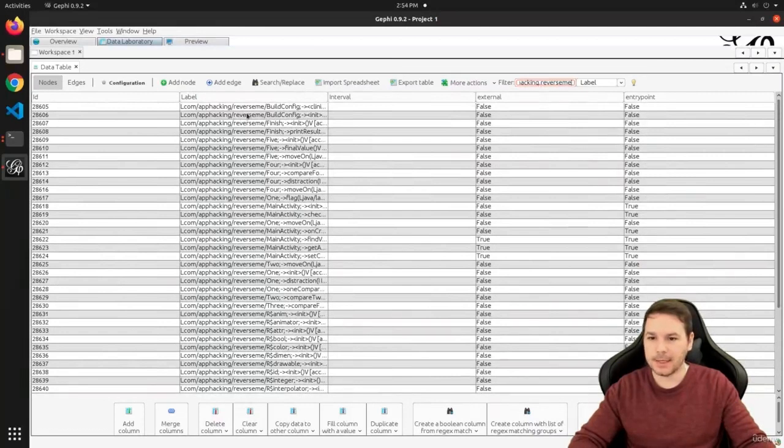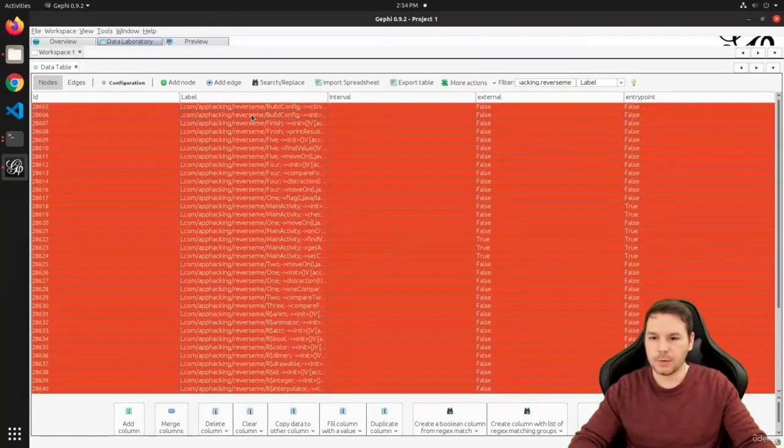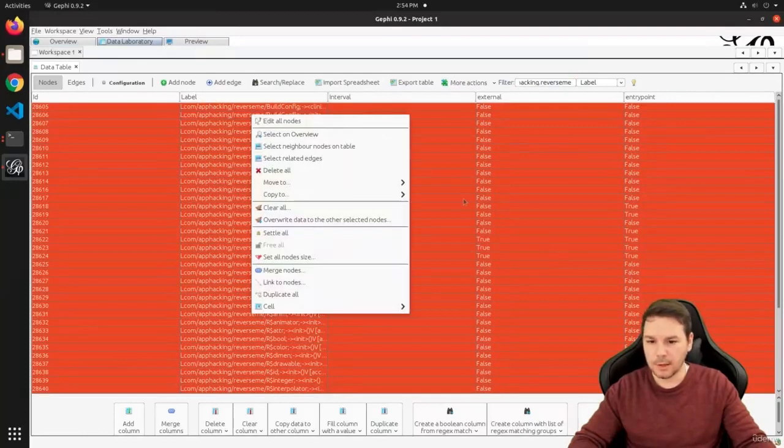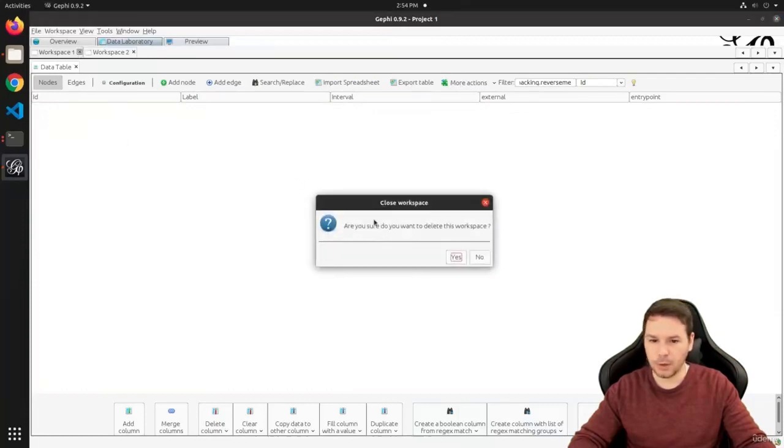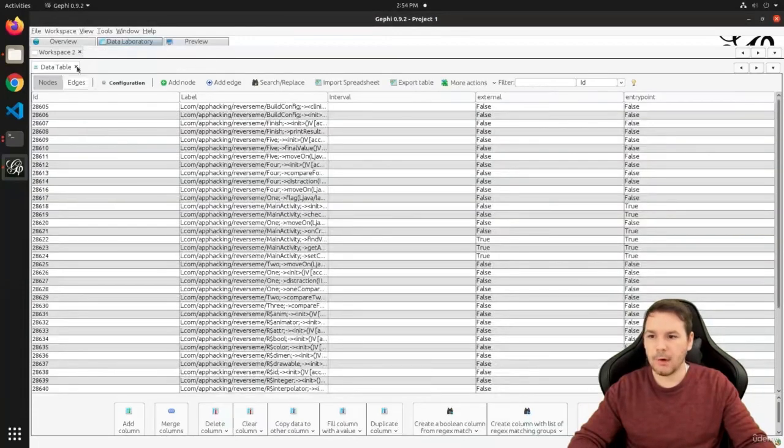Okay, let's extract them. I click with the left mouse button onto one and I select this. I hit Ctrl A to select all of them, and then I click right mouse button, and then we say, let's see, move to new workspace. This is the easiest way for me to extract them from the other function calls. We have now created a new workspace, so we can close the workspace 1, the old ones. Yes. And now if we go back to the overview,